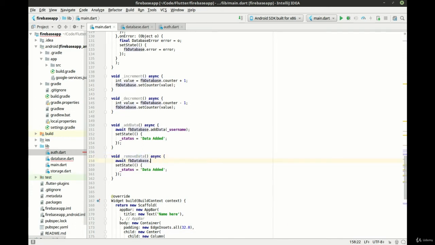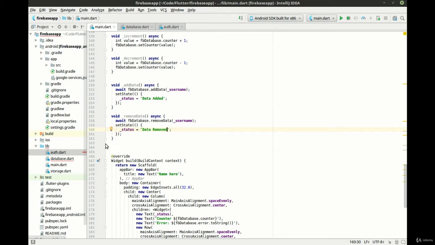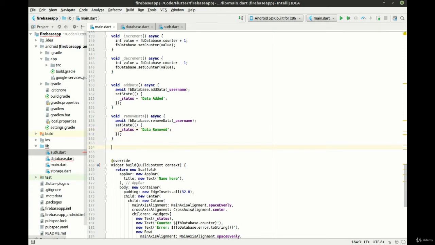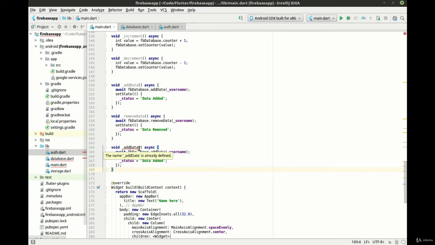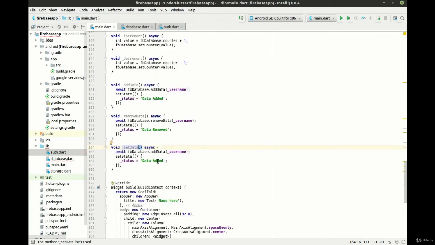Then we're going to get into setting and updating. So we're just going to grab this and we're going to grab that and we're going to say set data. Now when we look at this, we've got our user in here and we've got our key value pair. So we're not going to ask for the user in here again. What we're going to do is we're going to get this, say set data,